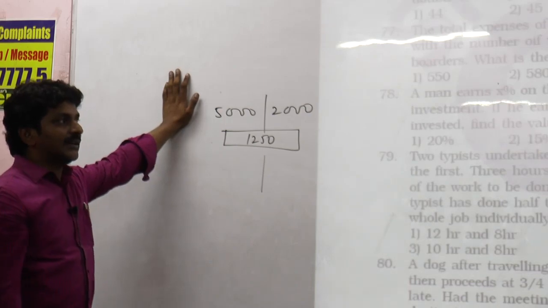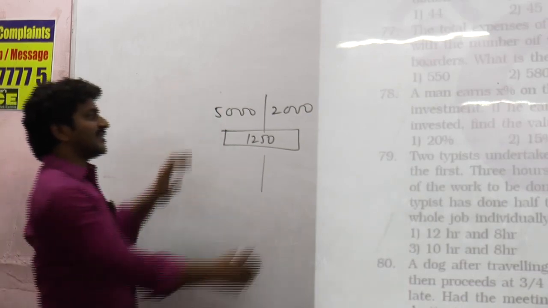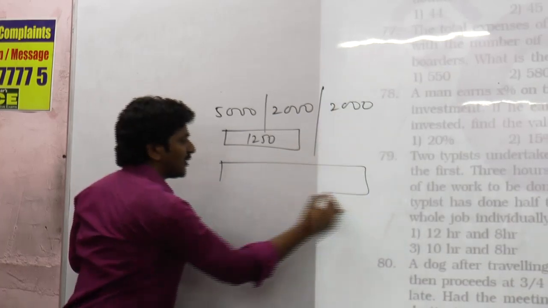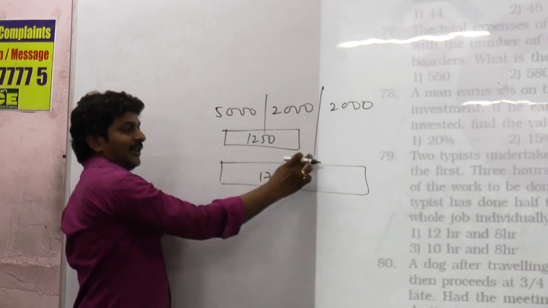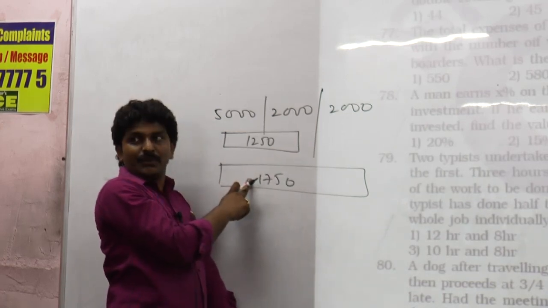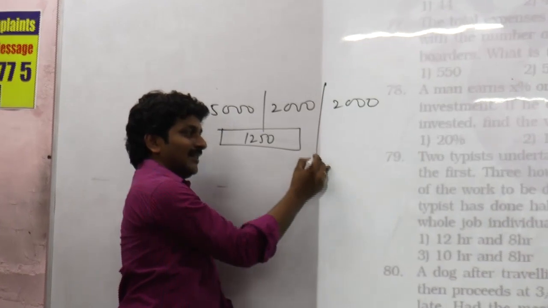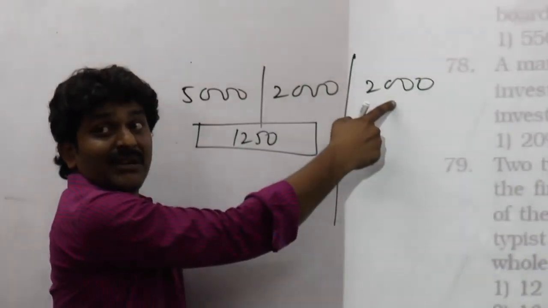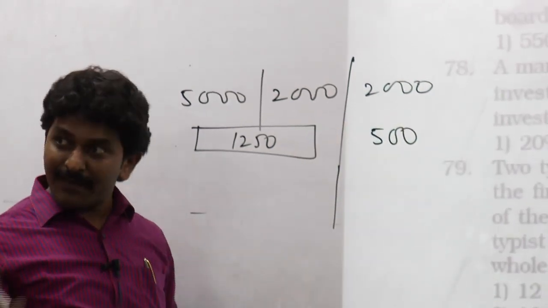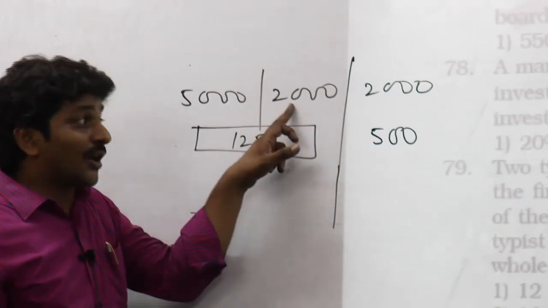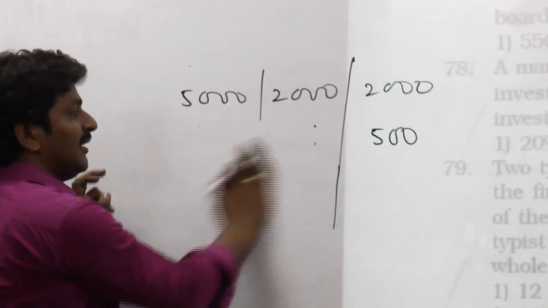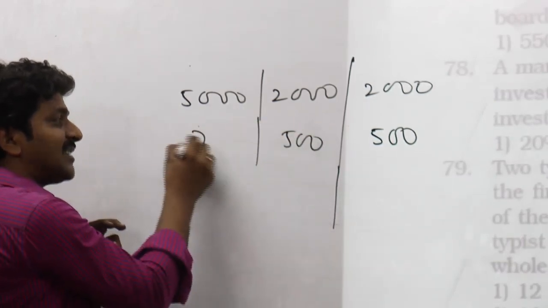Next, 1750 for 9,000. 9,000 in the sense again 2,000 rupees more. For these three values together, it is 1750. Till 7,000 he is getting 1250, so now he is getting again 500 rupees more. For the last 2,000 he receives 500 at the rate of Y% per annum. And for the earlier 2,000 also he must get 500, right? Yes or no? So out of 1250 he will get 500 here and 750 here.